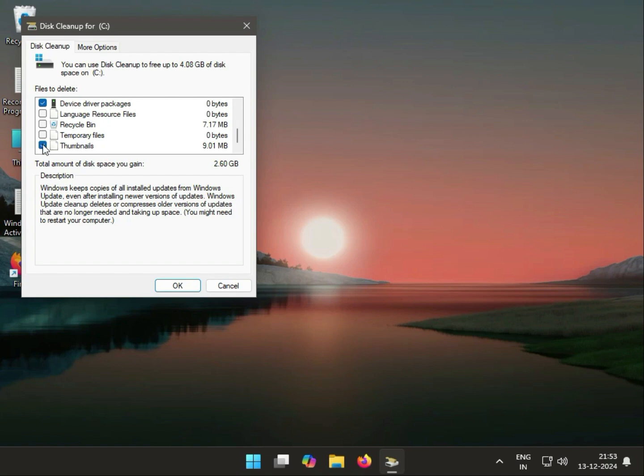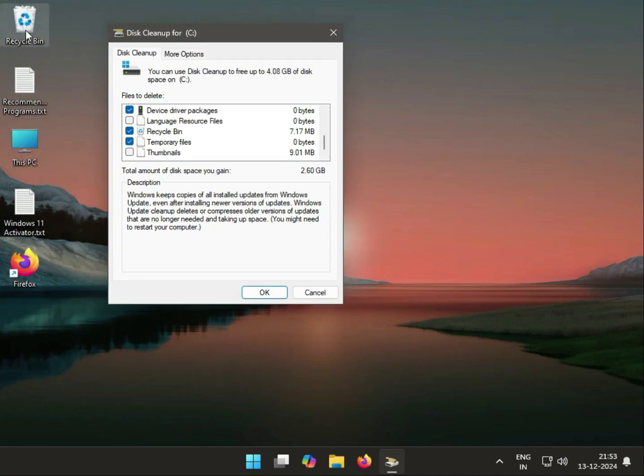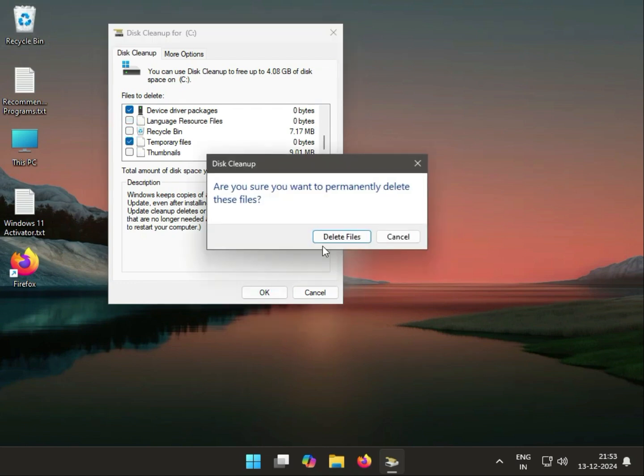Okay, and uncheck Temporary Files. If you select this one, it will automatically clean your Recycle Bin. Okay, if you have data there, you can uncheck it, and then OK, and then